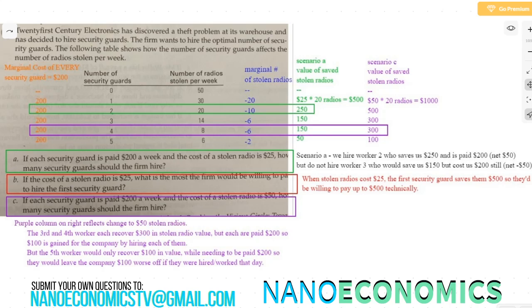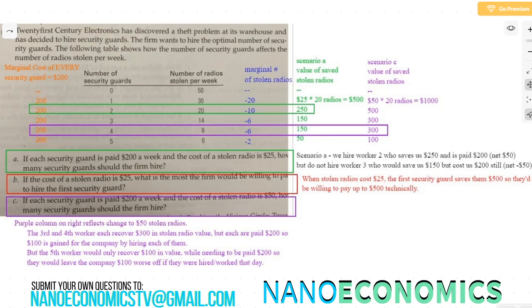We see that if we have no security, evidently we're having 30 radios stolen per week. If we hire a single security guard, that number is reduced by 20. So the marginal number of stolen radios is -20 for the first hired security guard. For a second security guard, we end up with 20 total stolen radios, or a marginal change of 10 fewer